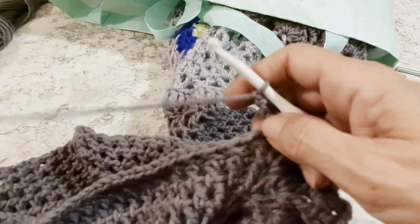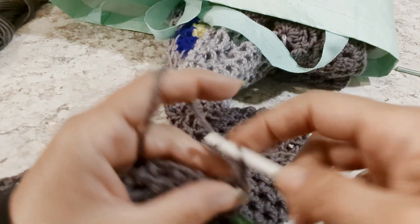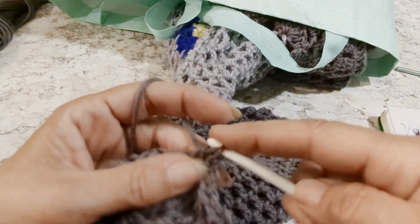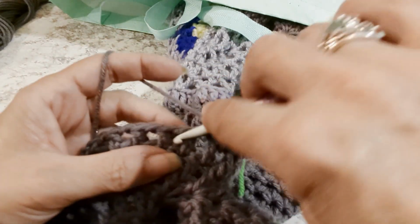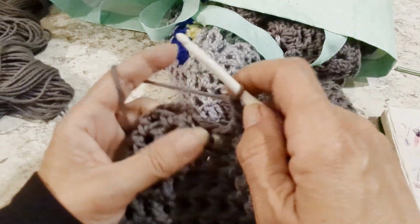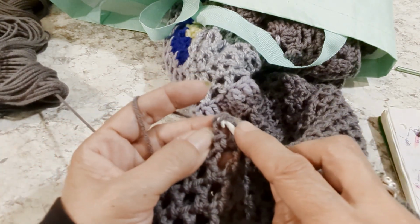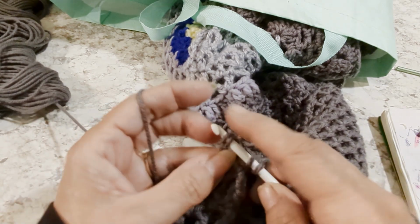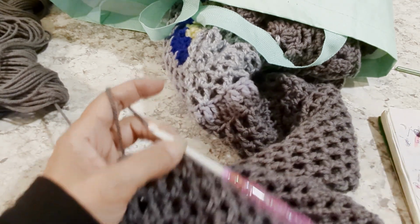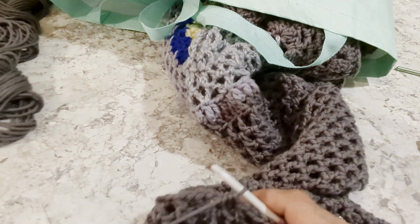Repeat the pattern until we get back to the chain 4 beginning, where we are going to join with a half double crochet. So I'll meet you there, and we'll join together. We have one more stitch before the join. Half double crochet to join. We're going to mark that one off, and row 7 of our sleeves